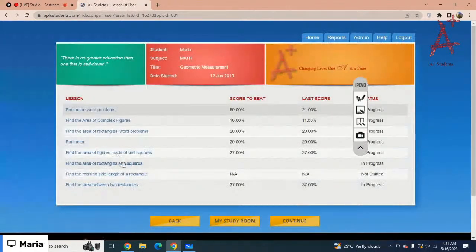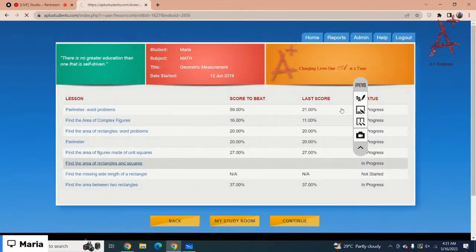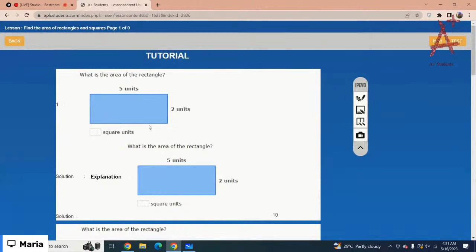Okay, the next lesson is find the area of rectangles and squares. So let's just start with the lesson. We have already done this lesson. How do we calculate the area of rectangles? For the area of rectangles, you have to do length times width. Got it? You can see the rectangle that has the length 5 units and width 2 units. So you have to calculate the area. It would be length times width. So 2 times 5 is,